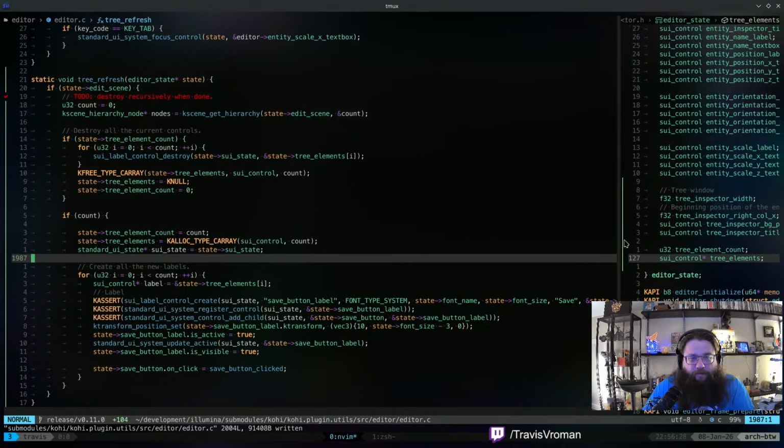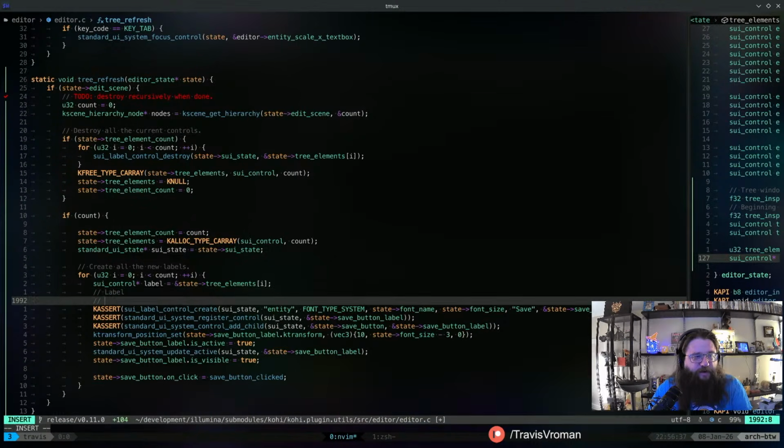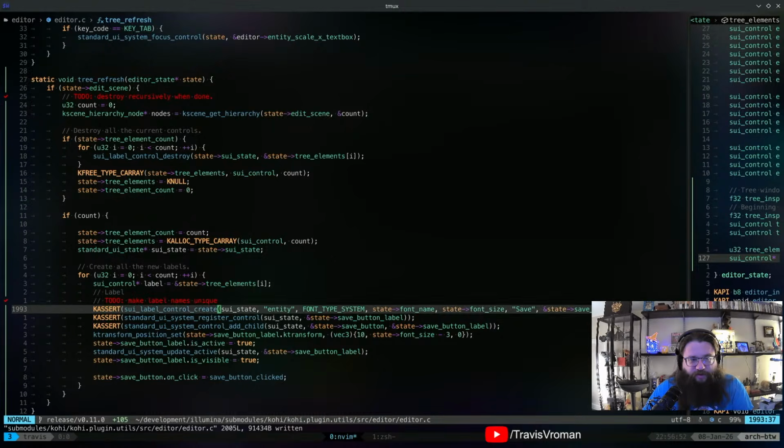And the names, I'm not really going to bother making those unique for now. To do: make label names unique. The name doesn't really mean much of anything except for debugging purposes, right?